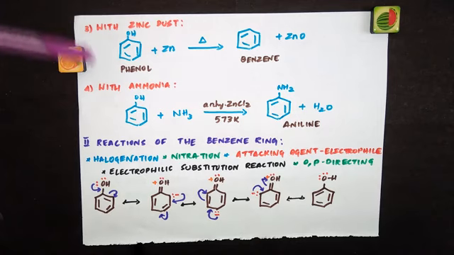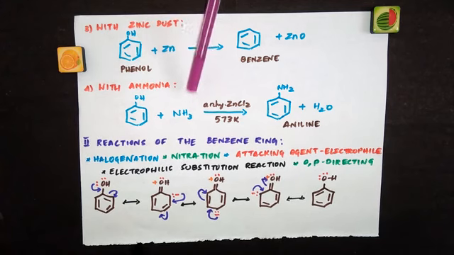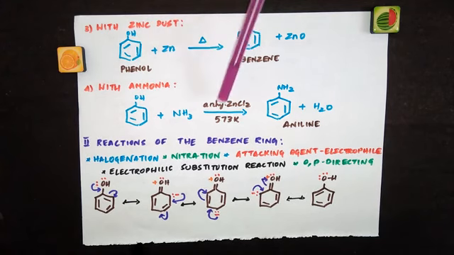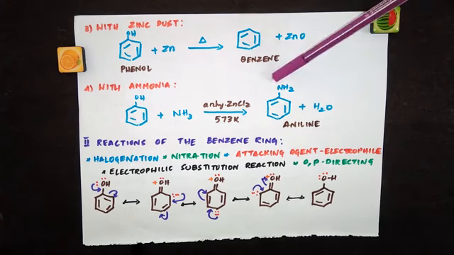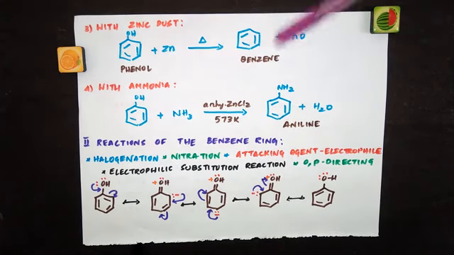And the next one is the reaction of phenol with ammonia. When you treat phenol with ammonia, in the presence of anhydrous zinc chloride at 573 Kelvin, it gives you aniline. Aniline is a primary amine which you will be learning in detail in the last organic chapter, amines. So NH2 group is the amine group. So instead of OH, if you get NH2 on the benzene ring, then we call that aniline. So these reactions come under the reactions of phenol where the phenolic group is involved.